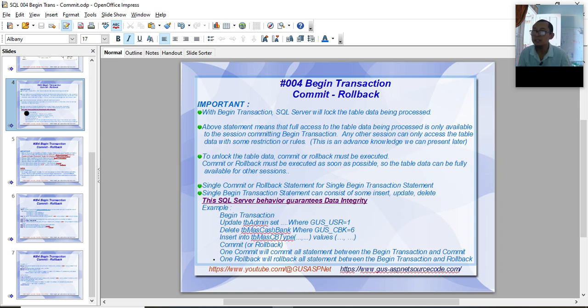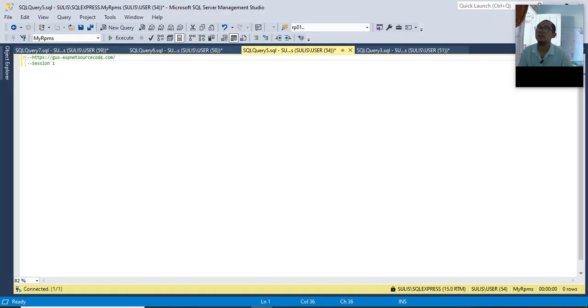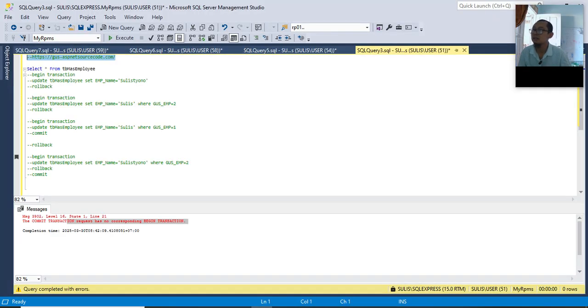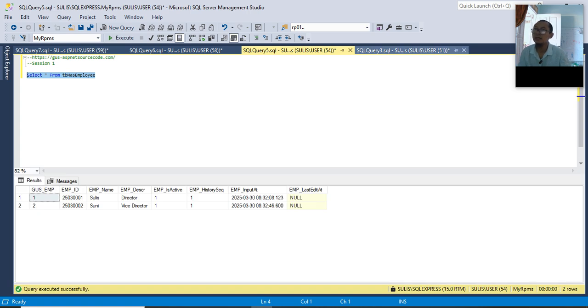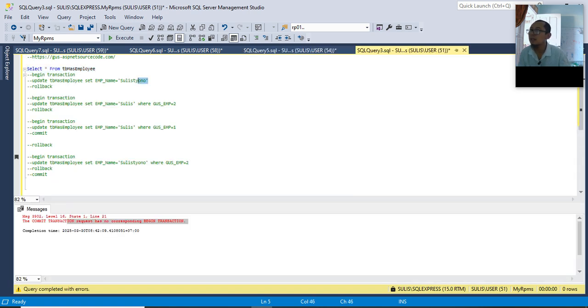With begin transaction, SQL Server will lock the table data being processed. Now for example, in session 1, let's check the data and now let's update the data.